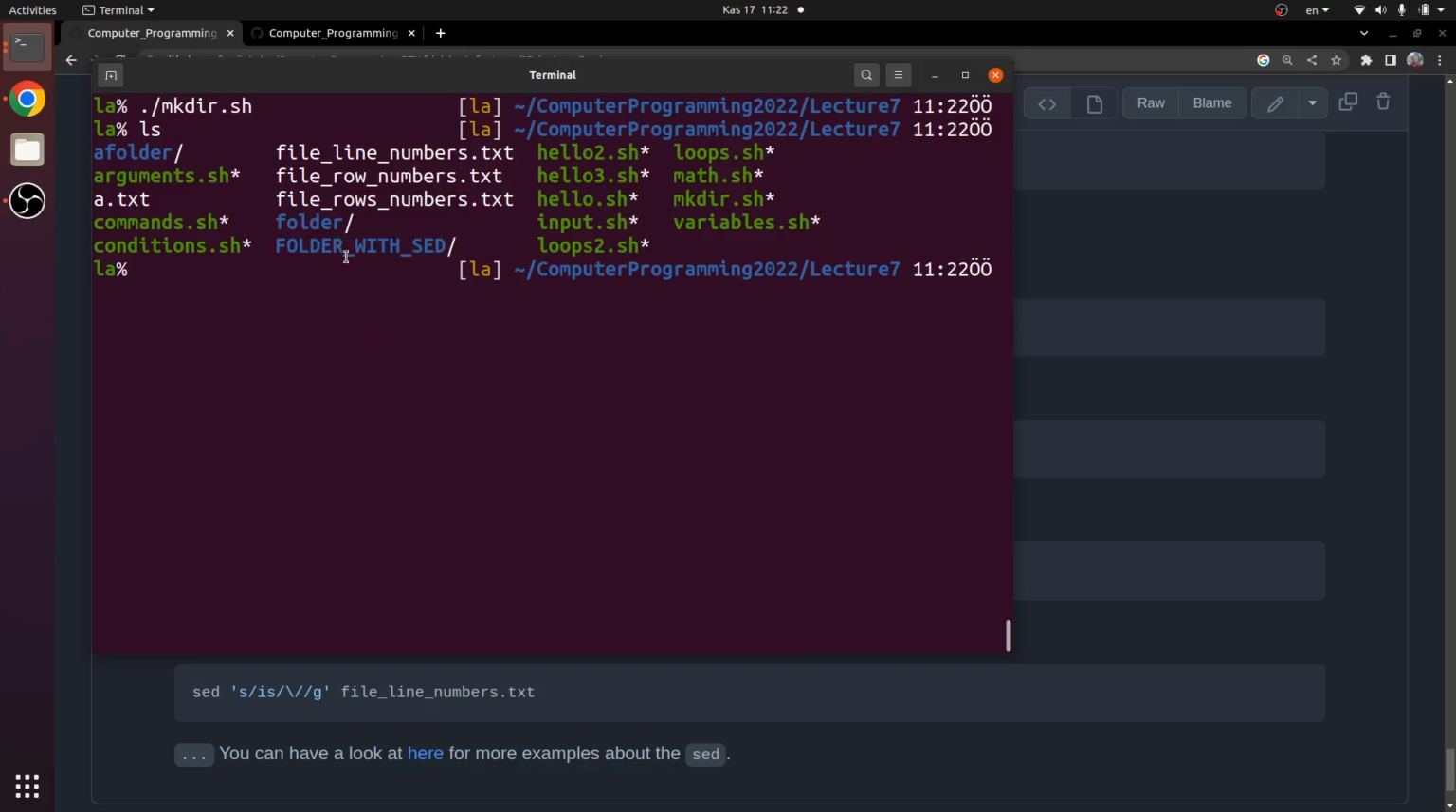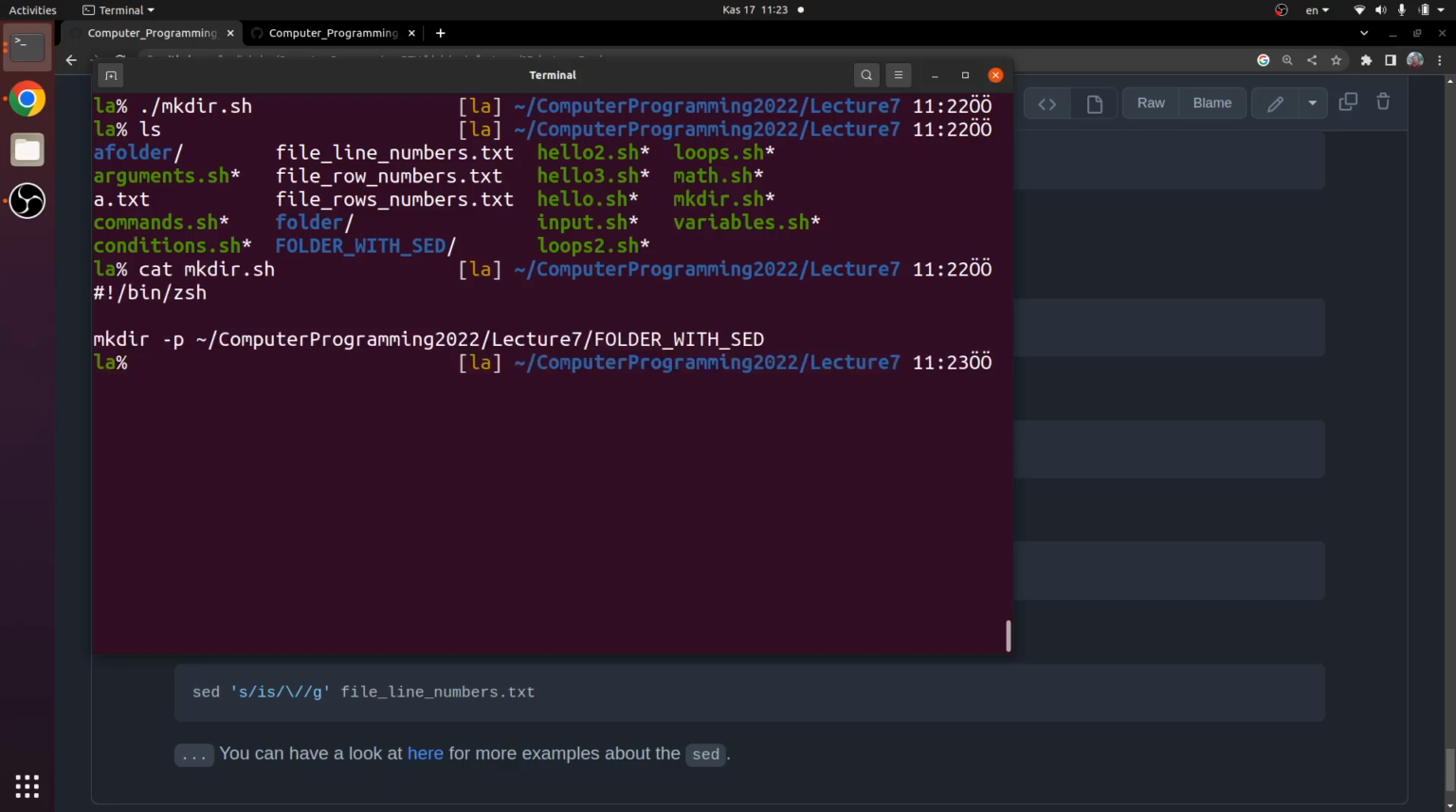But let's say we want to make a folder with the name of folder, another folder in the folder with the name of with, and another folder in that folder with the name of sed. Okay, how can we change it? Let's check the mkdir.sh again. Then use the sed command